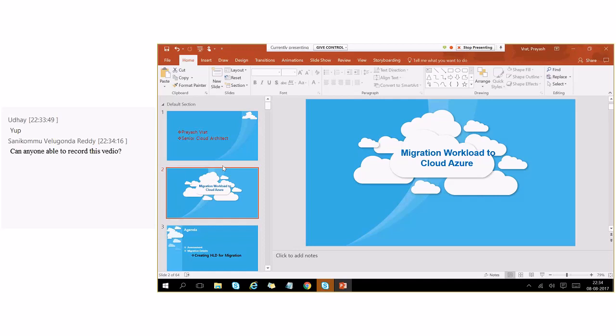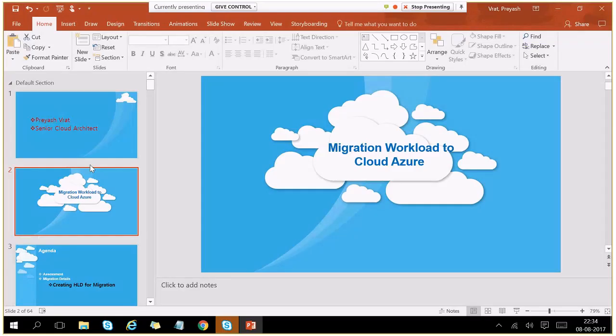So this session is regarding workload to be migrated to the cloud. So how do we start our journey? Definitely each of the companies will have a complete end-to-end migration approach. Different companies give different names and different frameworks. Like Capgemini, it is called Cloud Choice. IBM calls it IBM Innovate, Cloud Innovate.